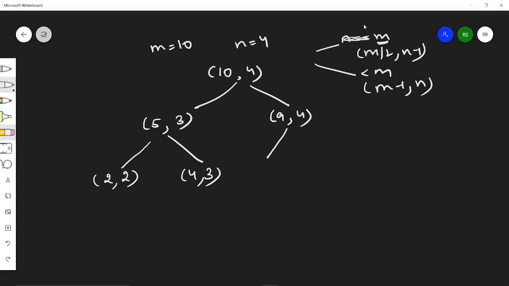And similarly here we have one could be m by 2, which is 4, and n minus 1, and the other could be m minus 1 comma n. So see, you can just simply see the pattern of what is actually happening.